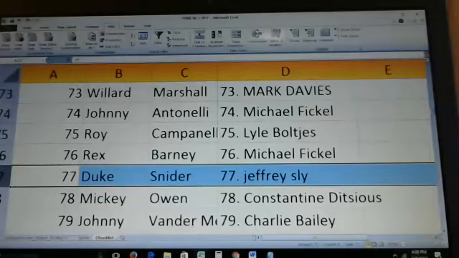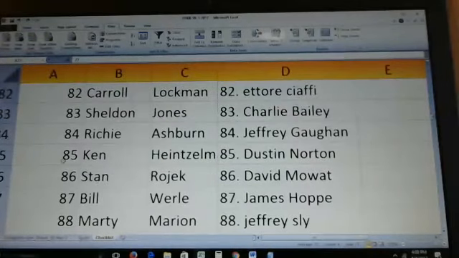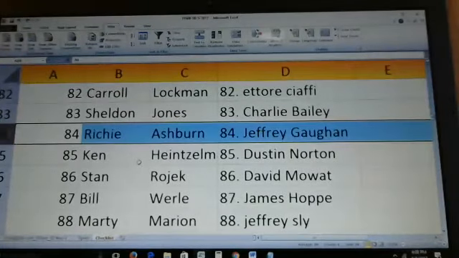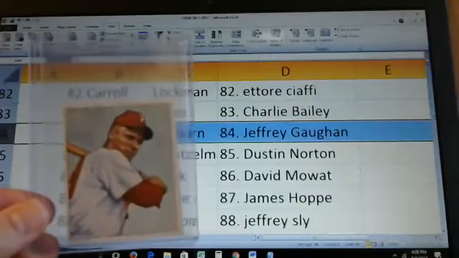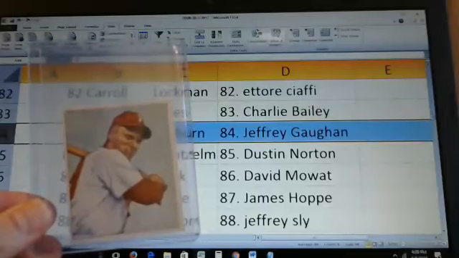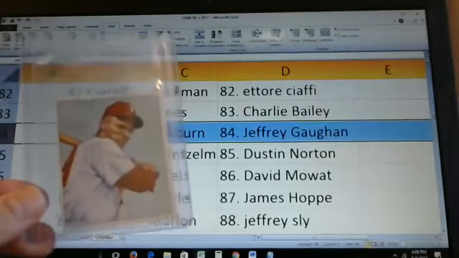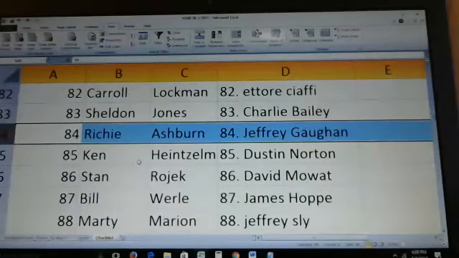All right, next up we'll look at card number 84, which is Richie Ashburn. And Ashburn goes to Jeffrey Gahn. What many of you said was your favorite card in the set, so we'll look at next, Ted Williams.